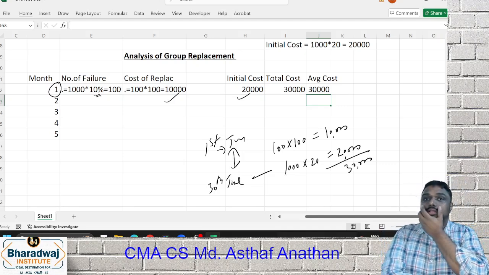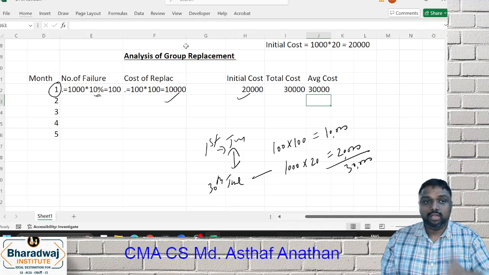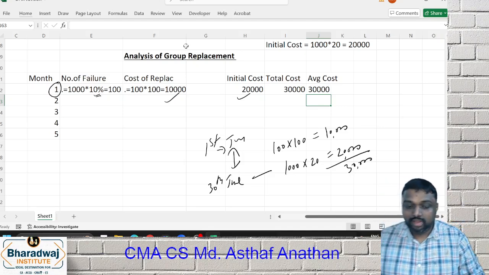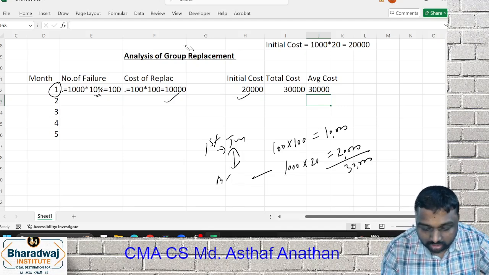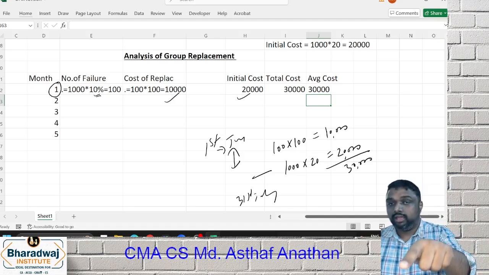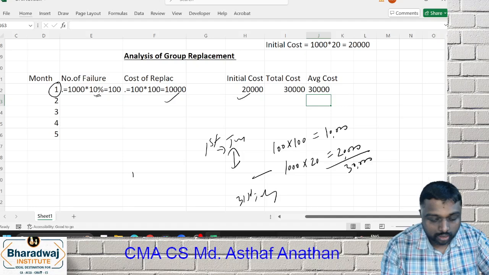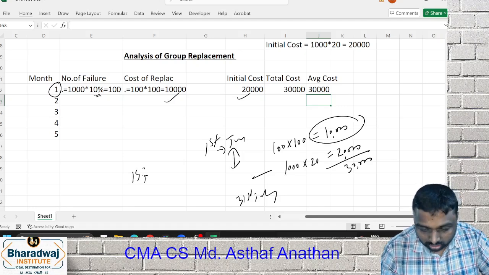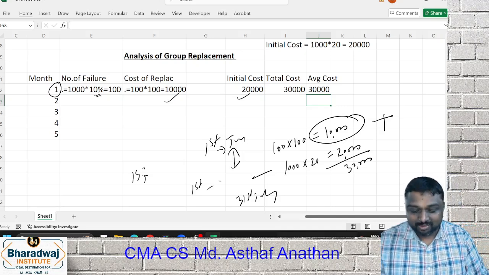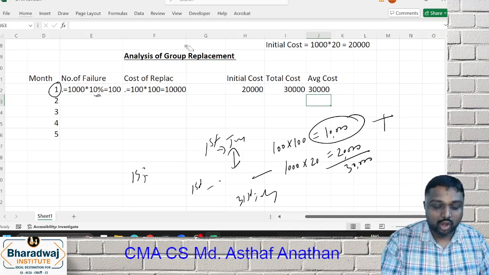Then you think, sir, why do we take this much? We won't do it monthly. We will do it every 2 months. That means we do it on 1st June, and next we will do it not on 13th June but later, on 31st July. If you are doing it on 31st July, the cost of 1st June to 31st June, this 10,000, will come, plus the cost of 1st July to 31st July also will come. That is what we are going to do now in a shortcut method.